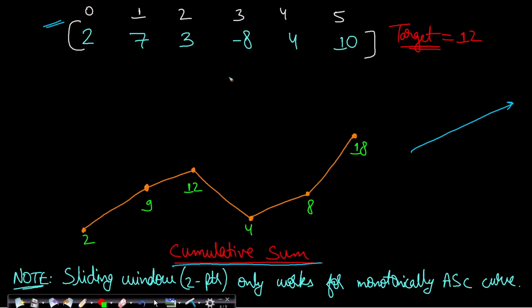Now if you have negative numbers, then you cannot apply the sliding window technique using 2 pointers. So let us see for this example if that technique works. That technique works using a left pointer as well as a right pointer, and using a current sum value. Let's say the current sum is 2 initially. As soon as the current sum reaches our target or exceeds target, then we will stop and move our left pointer to the right.